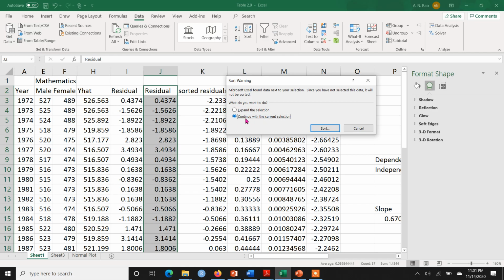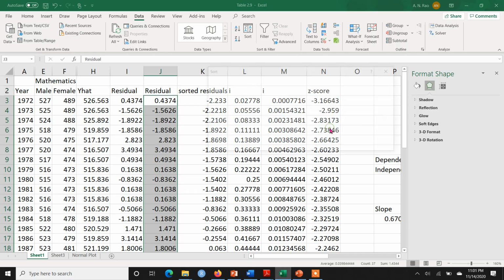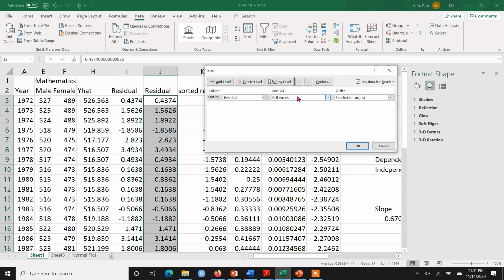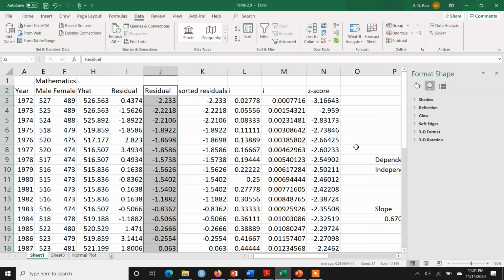So I choose continue with the current selection, and then I click on Sort. Another pop-up window comes up, asking whether I want to sort from largest to smallest or smallest to largest. That doesn't make any difference; you can sort it either way. Suppose I have sorted using the smallest to largest option, and the rest of the things are fine. So I'll click on OK.